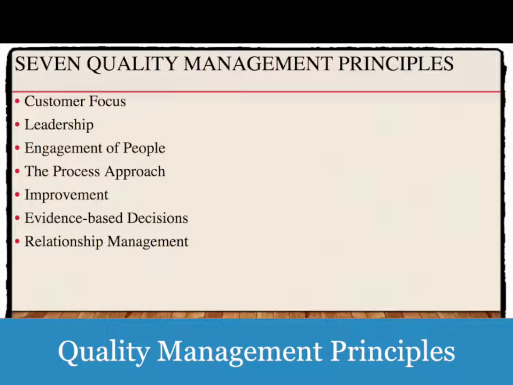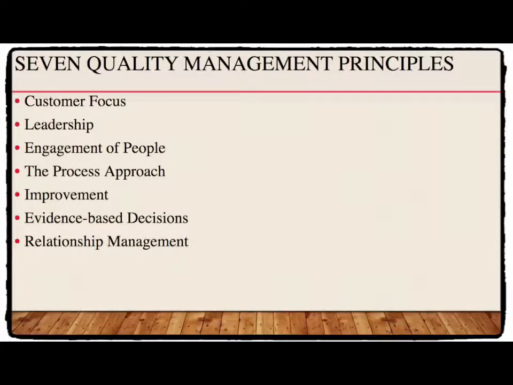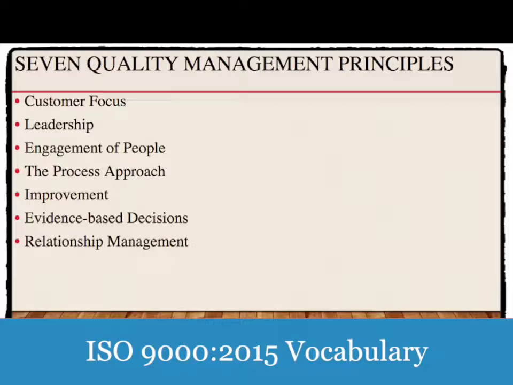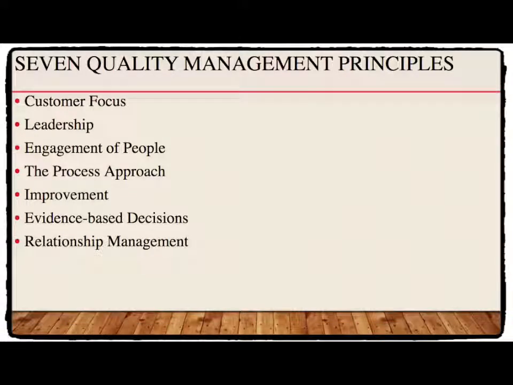The ISO 9001-2015 standard is based upon the 7 quality management principles as defined in the ISO 9000-2015 Vocabulary and Definitions standard. These 7 quality management principles are customer focus, leadership, engagement of people, the process approach, improvement, evidence-based decisions, and relationship